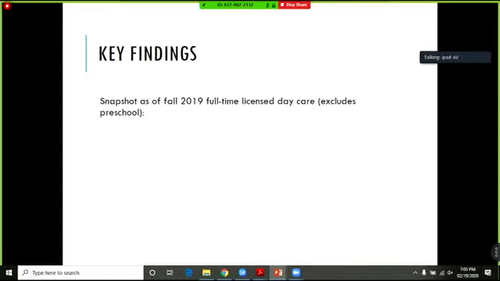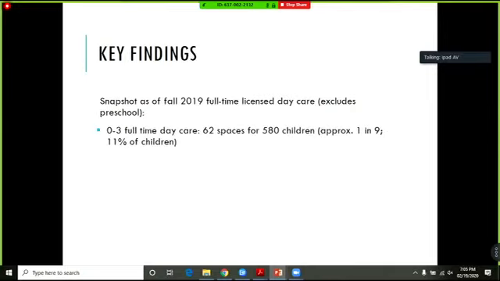So a snapshot for you to understand childcare on the Sunshine Coast as of the fall of 2019. And this excludes preschools because they're only a few hours a day, and from what we heard from the parents, they're really looking for full-time daycare. So in terms of full-time licensed daycare, there's 62 spaces, or there were in the fall of 2019, for children 0 to 3 years old, and that was 580 children. So approximately 1 in 9 children have access to childcare of that age, so 11% of children can access full-time licensed daycare